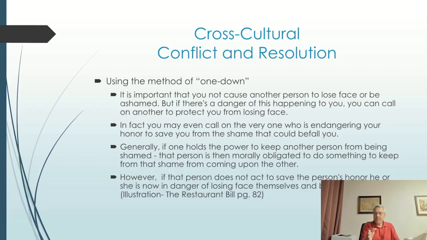He was going to be shamed because he was going to have to ask his party guests for more money. The person causing the shame was the restaurant owner. So he put himself in the position of one down by saying, "I'm going to be shamed. You can rescue me." So rather than accusing him, rather than going at him, instead he said, "I'm going to be shamed, but you can help me." He didn't ever ask, "Can you help me?" He just made the statement, the indirect statement of what was going on.